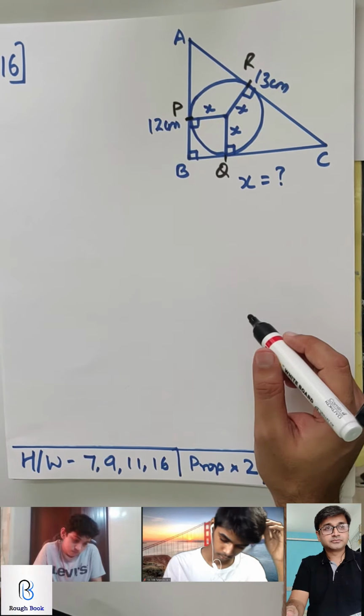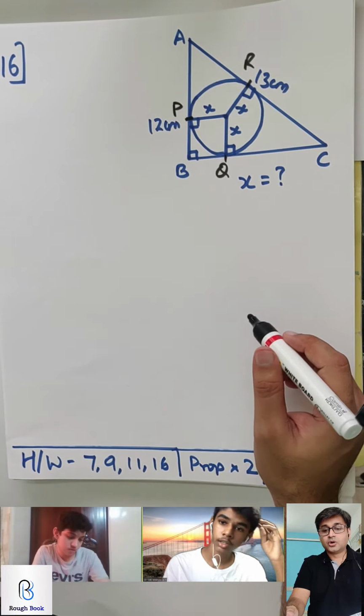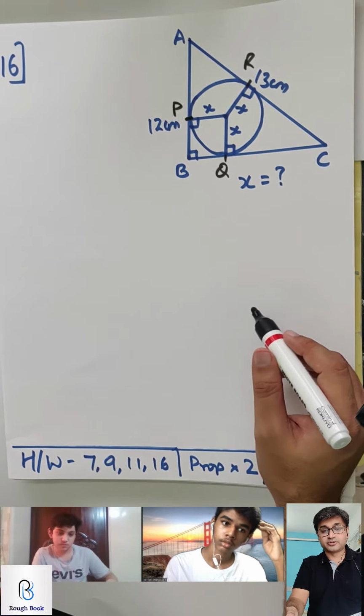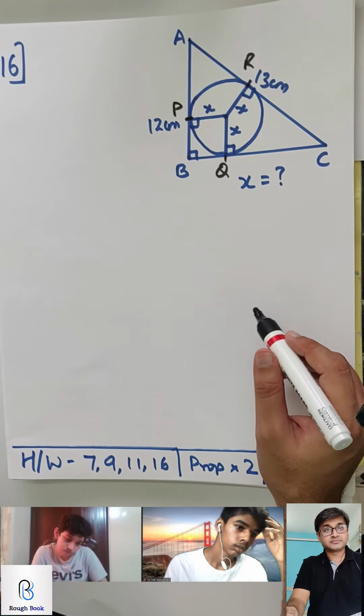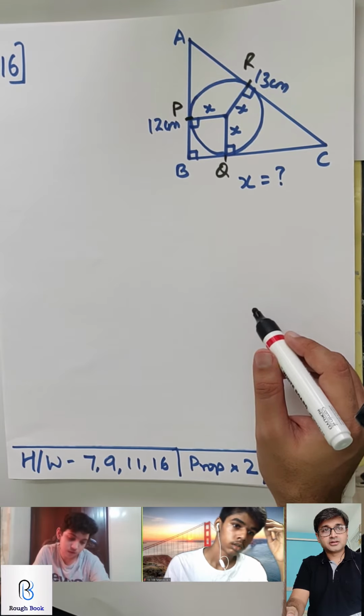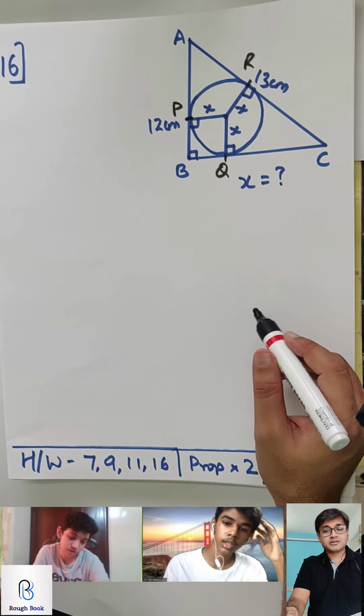Let radius be x. No, radius is already x, that we don't have to do. Look at the diagram carefully, we've done this type before. So let dash is equal to dash. Come on. RC is equal to, no, CM is equal to CN.